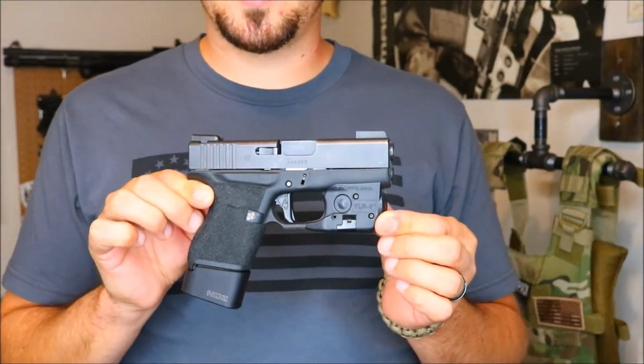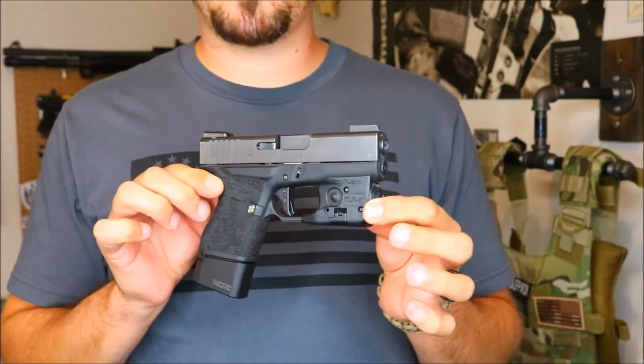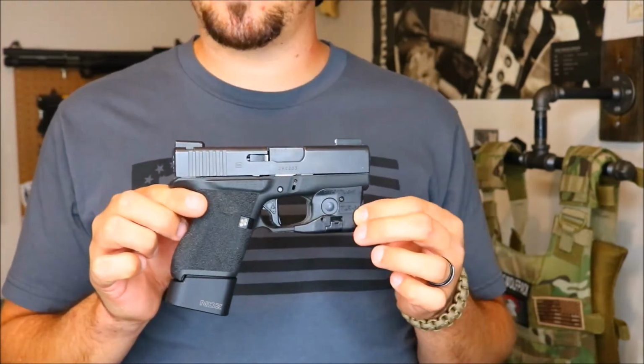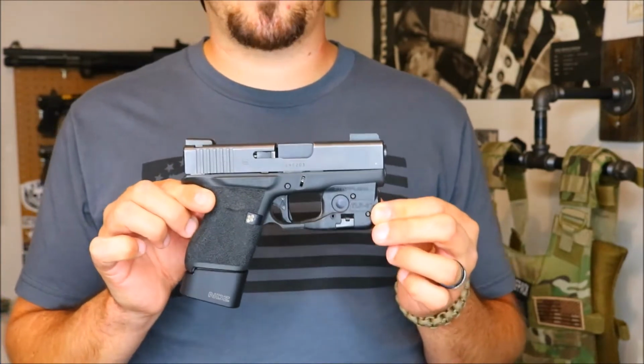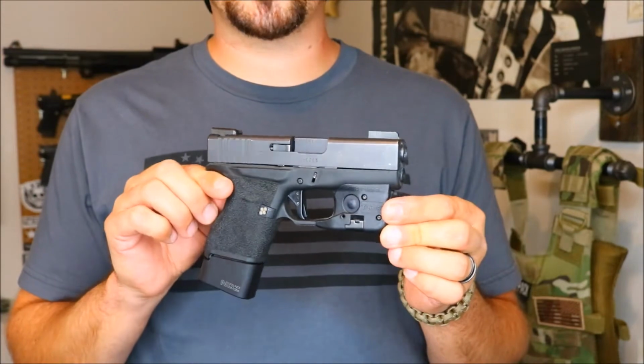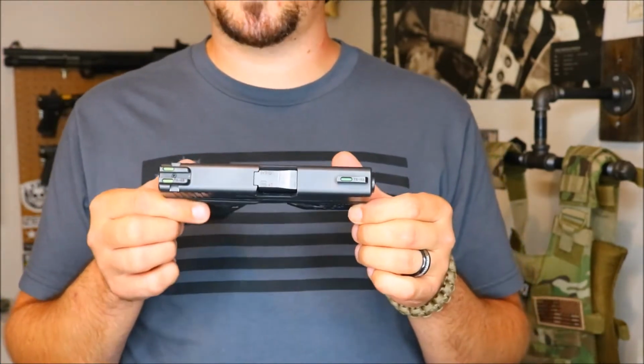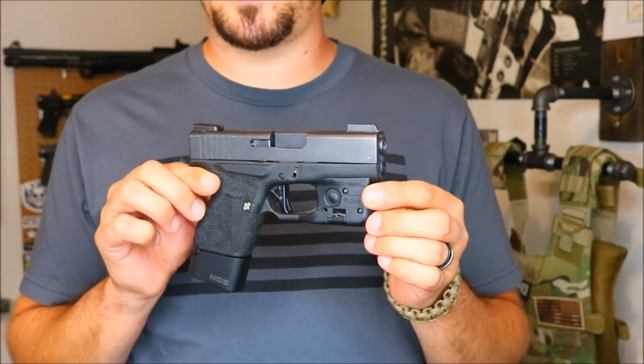I've been running the TruGlo TFOs for about 2 years now on this Glock 43. When I bought my Glock 43, it came with the TruGlo TFOs, and right away I was like, man, I'm going to order some Trijicon HDs to put on this. I really like the HDs, and the more I shot the TFOs, I kind of fell in love with them. Once I seen TruGlo came out with these TFXs, I was really excited and wanted to get a set to